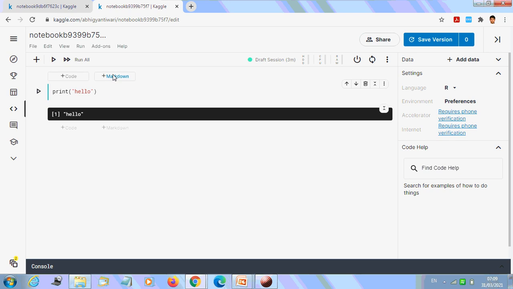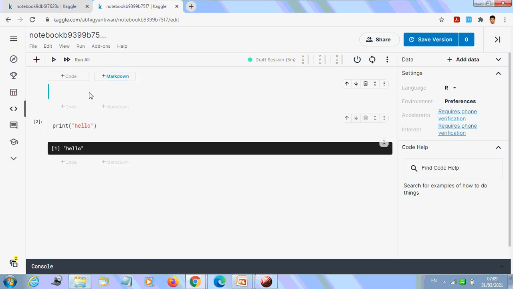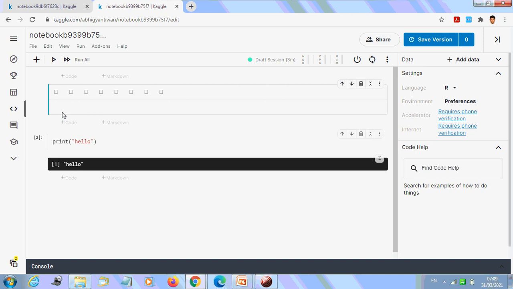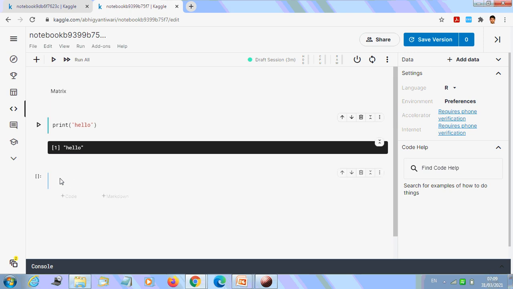If this is markdown, then by clicking this markdown, you can write any notes if you want. Today we are going to see matrix, so you can write matrix here. This is how you are going to make your notes. Hope you have understood this one, and if you want another cell to write code, just click here and you have this cell. You can write here.